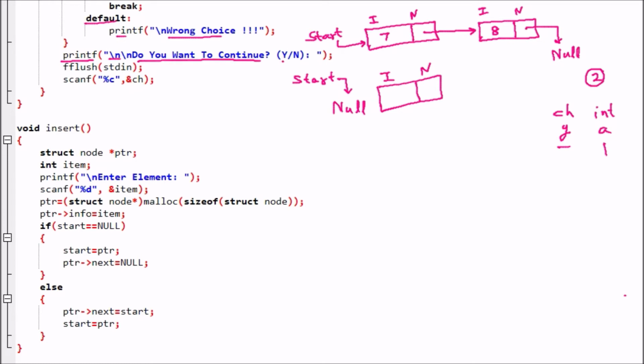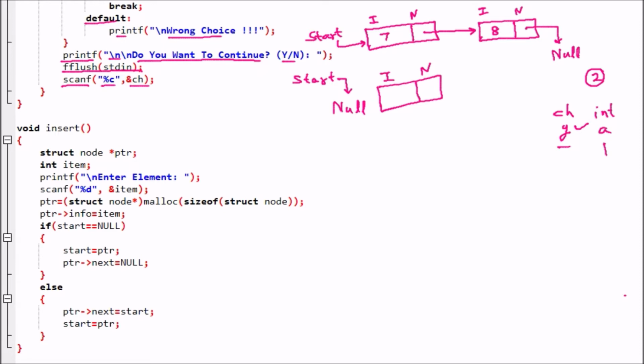If the user wants to continue, they will press yes, otherwise no. And we know that in the while loop we have mentioned the y. So until the user presses y, this loop is going to work and we can perform multiple operations like insertion, deletion, traverse and the count. Flush stdin is for flushing the last input value, and here the input value will be taken, which is scanf %c, meaning character value. If the user still presses y, then the while loop will keep on working.